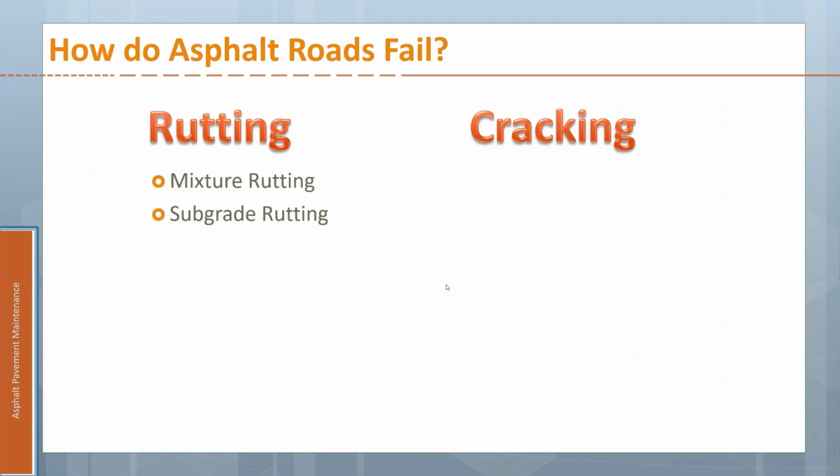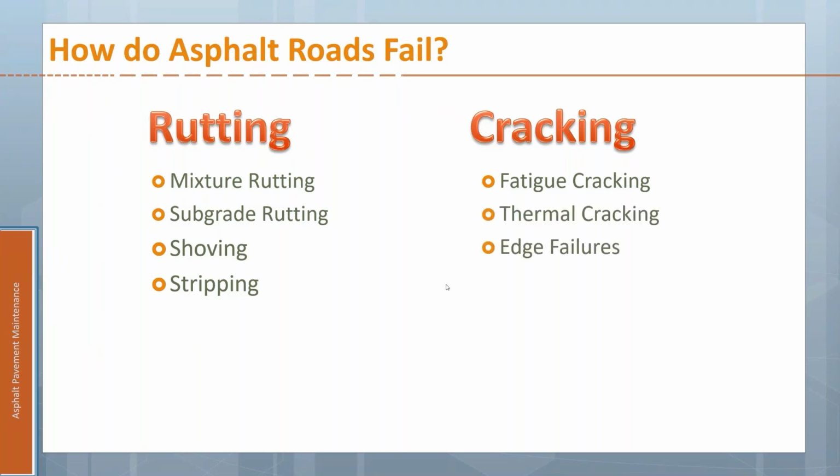Now, in terms of rutting, we might have mixture rutting, we might have subgrade rutting, and those may look the same or similar on the surface, but can be indicative of a different problem that's actually causing them. And then there might be some related distresses like shoving or stripping. And then in cracking, the most common thing that we see that really stands out is, wow, that's some bad cracking. That's usually fatigue cracking. But we might also see thermal cracking, edge failures, joint failures, and some of those other types of things,